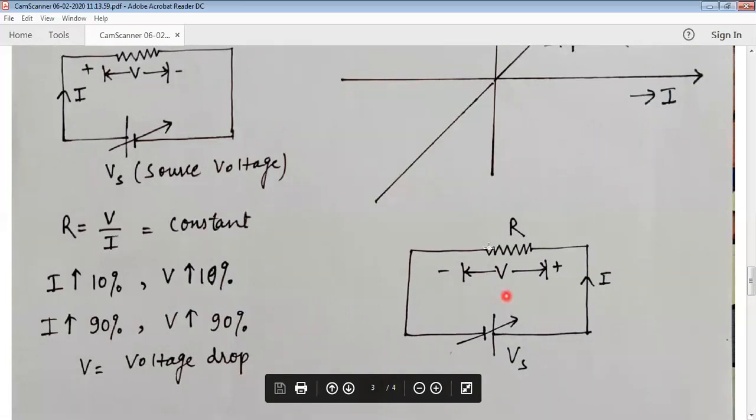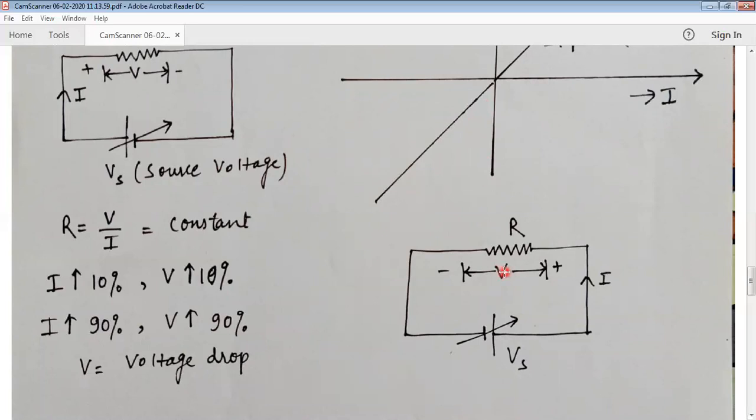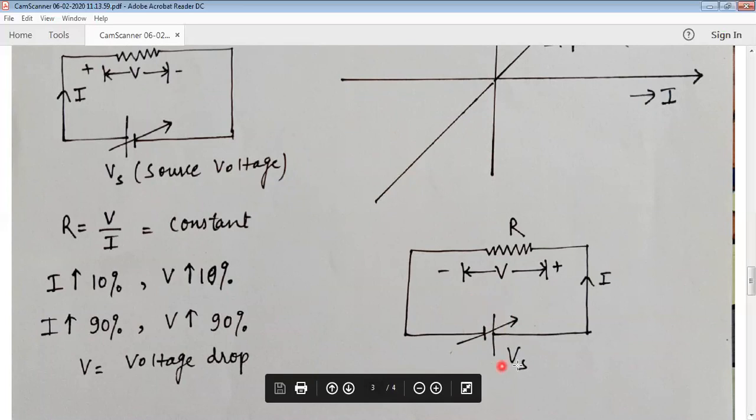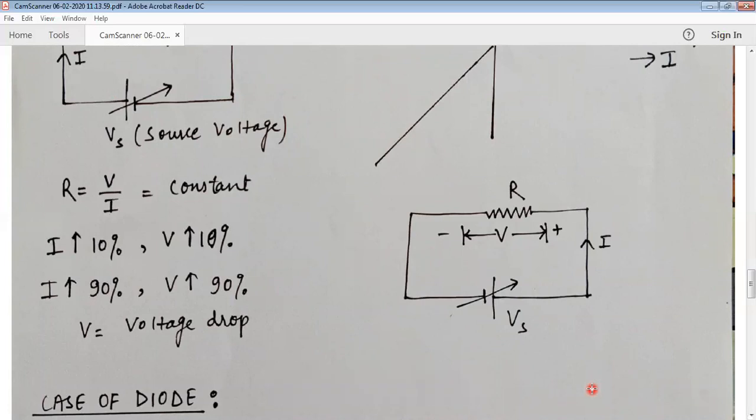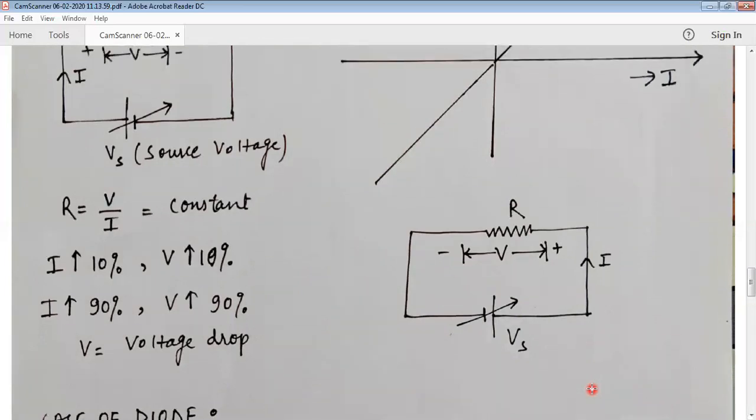Similarly, for the negative source, meaning the negative direction of the current, on this side, when you change the polarity of the battery or connect the battery in reverse, that will provide a voltage of minus V across this resistor, and the direction of the current will change. Here the direction of the current was from here to here. Now the direction of the current has changed. Clear? So this is about bidirectional elements and linear resistors.